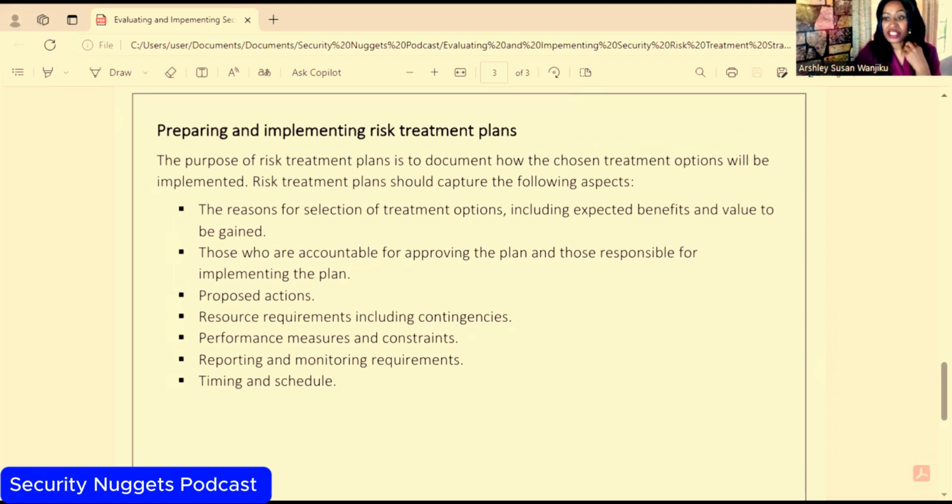One, you need to have a reason why you're selecting that treatment option, including the expected benefit and value to be gained. Why are you choosing it? What benefit is it going to reward the organization with? When it comes to this section of who is accountable for approving the plan, you need to